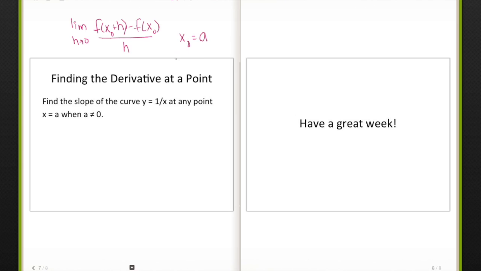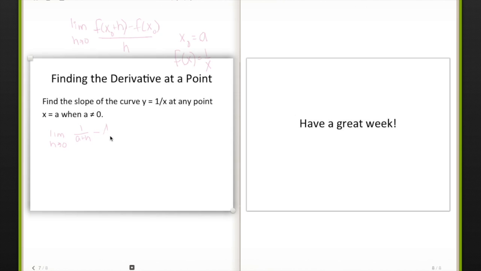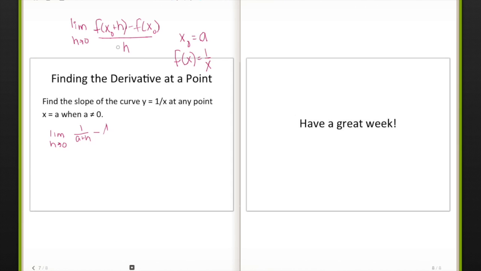All right, so there is our formula. We know our x sub 0 is the variable a, and our function is 1 over x. With this information, let's go ahead and plug into our formula. We want to find the limit as h approaches 0 of 1 over a plus h minus 1